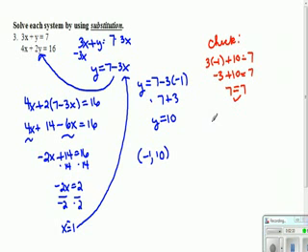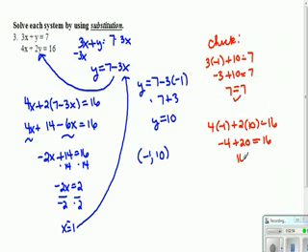And the second equation is 4 times negative 1 plus 2 times 10 equal to 16. So is negative 4 plus 20 equal to a negative 16, or equal to a positive 16? So negative 4 plus 20 is 16. Does 16 equal 16? Yes. So I know I have the